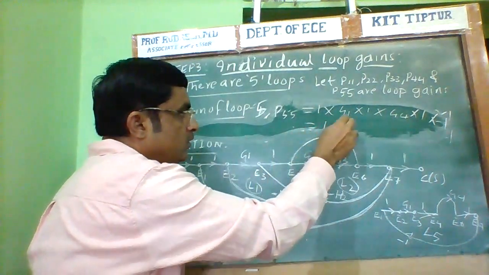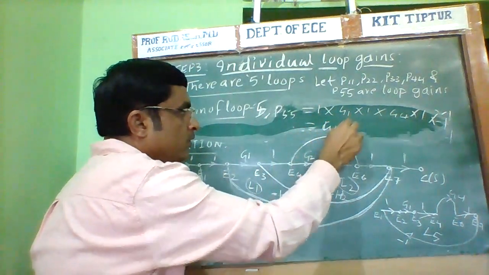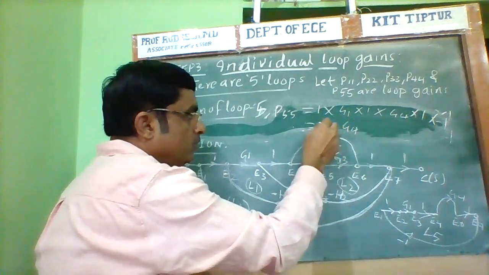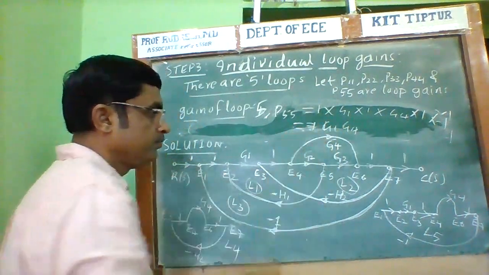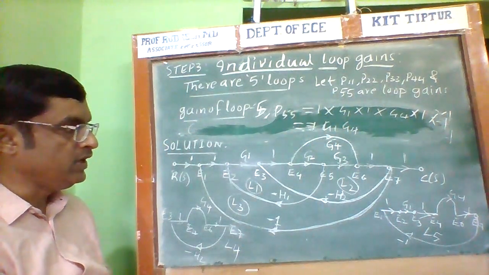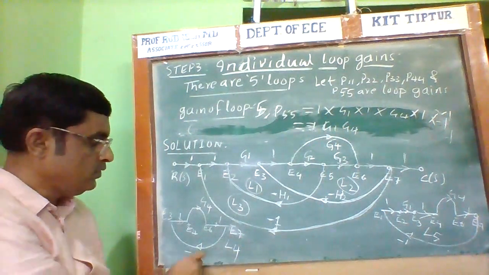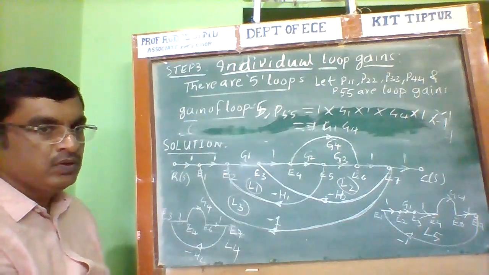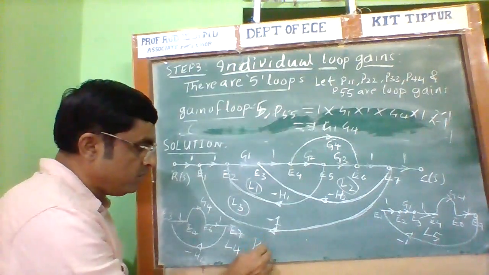This is 1 into G1 G4 minus. Now this is the gain of